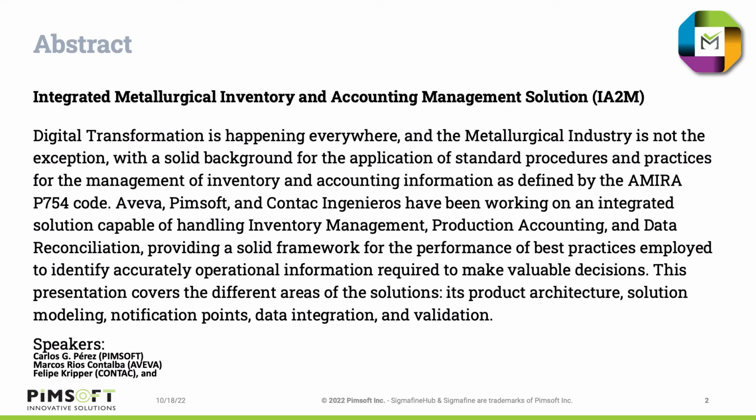Integrated Metallurgical Inventory and Accounting Management Solution, IA2M. Digital transformation is happening everywhere, and the metallurgical industry is not the exception. With a solid background for the application of standard procedures and practices for the management of inventory and accounting information as defined by the AMIRA P754 code, AVEVA, Pimsoft, and Contac engineers have been working on an integrated solution capable